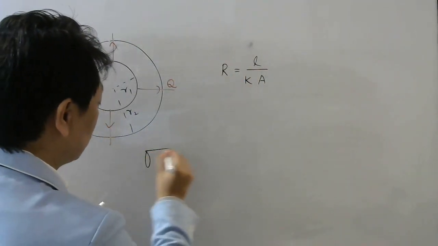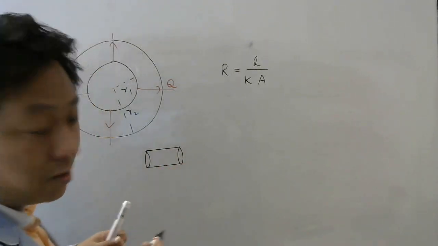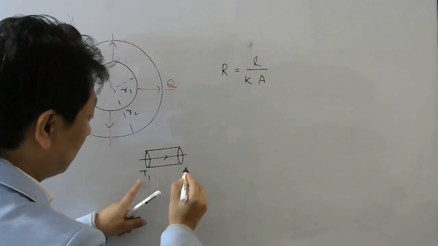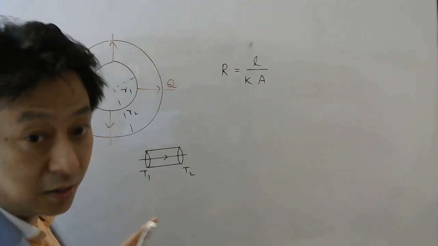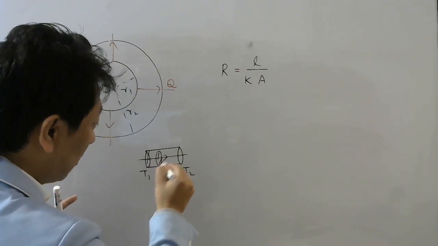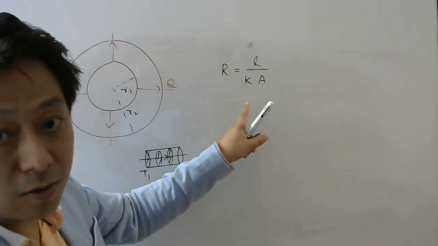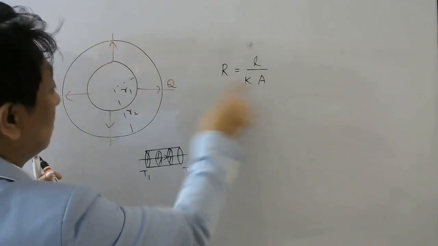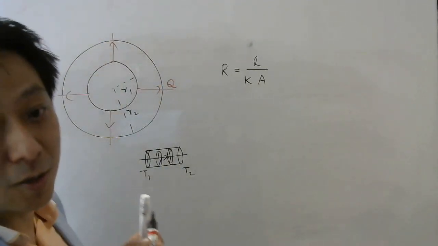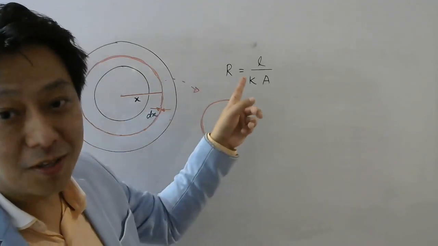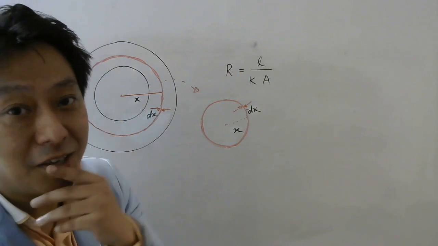Obviously, when heat flows through this kind of cylinder, then as you move along the flow of heat, let's say this is temperature T1, this is temperature T2. So as heat flows like this, you can see the area remains the same everywhere. So therefore directly we can use this formula. But here as I move along the flow of heat, this area is increasing. So directly we cannot use this formula, right? So if I can't use this formula directly, then how will I find the resistance?